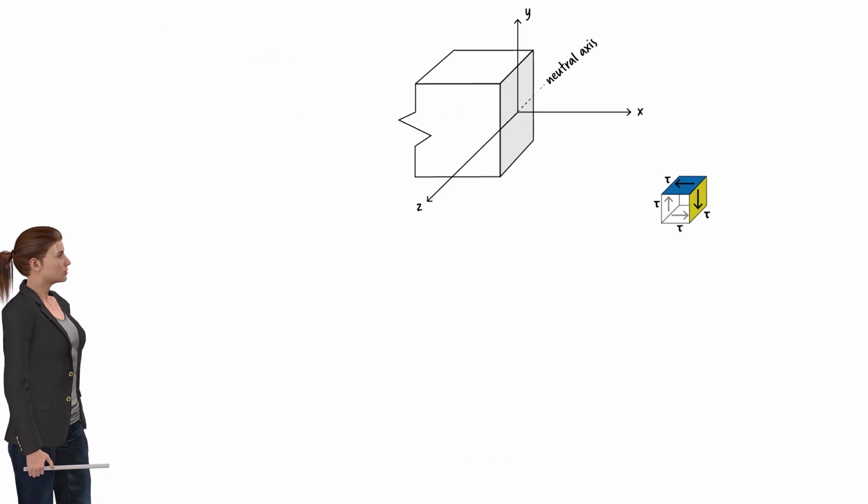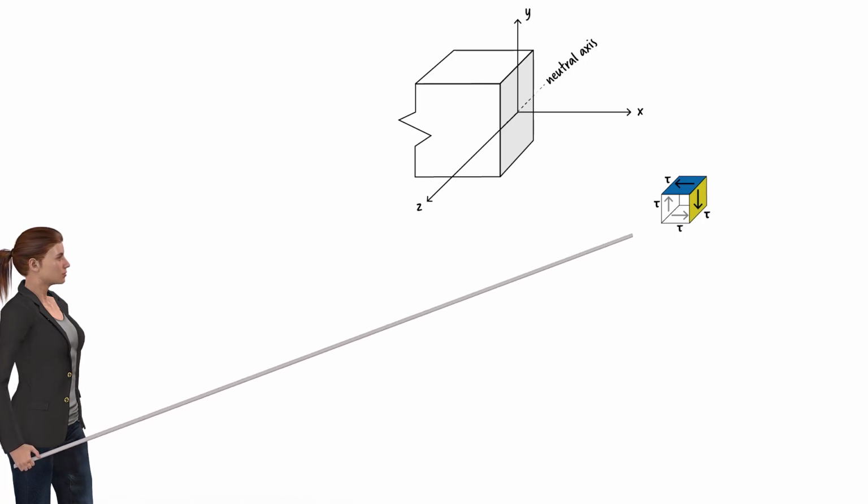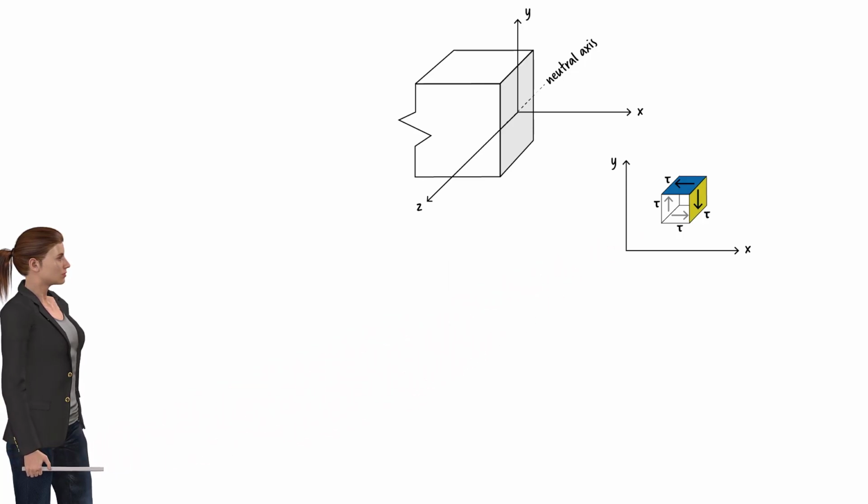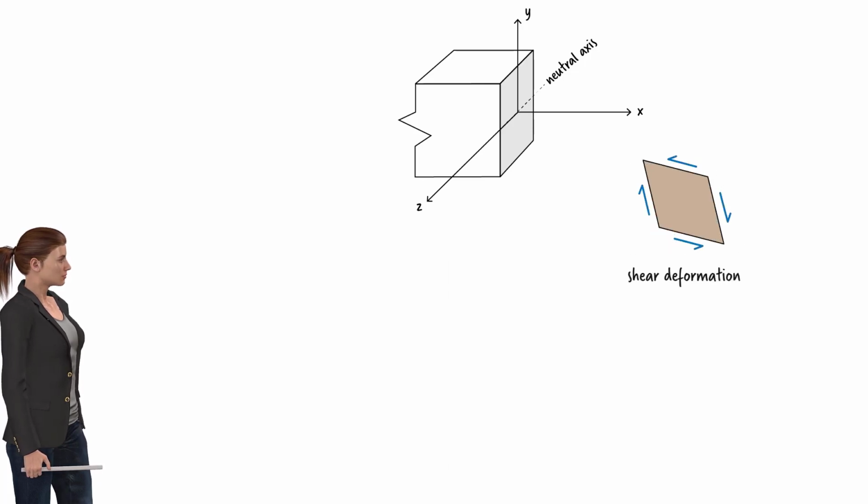If we label the axes of the Cartesian coordinate system this way, we can see that all the stress arrows acting on the cube lie on the xy plane. So we can think of the stress element as a square in the xy plane subjected to four stress arrows, like this. This stress element represents a small segment of the beam. Under the shear stress, the element deforms like this. We call this shear deformation.